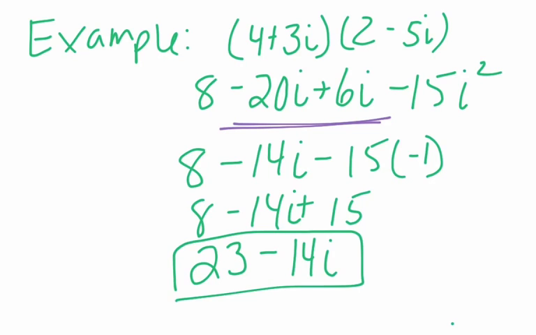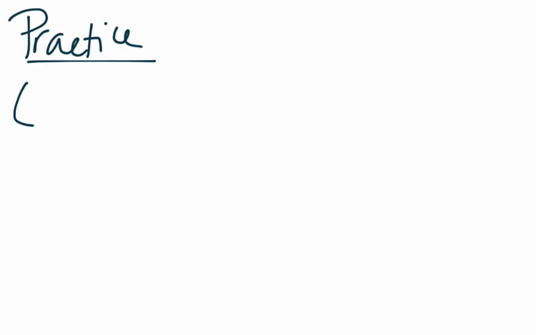And so it's got a few more steps than a FOIL problem with a variable, but the principles are all the same, and this is a review from a previous class. So you guys need a chance to practice. That's the only way you're going to figure out how to do it and figure out what mistakes you're likely to make. So the first practice problem is 6 plus 4i times 2 plus 2i,